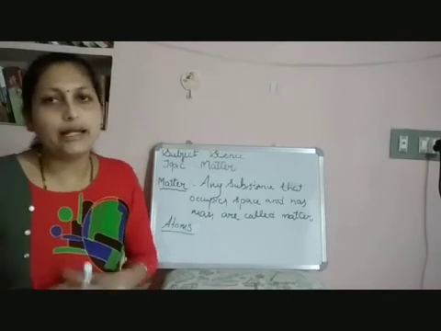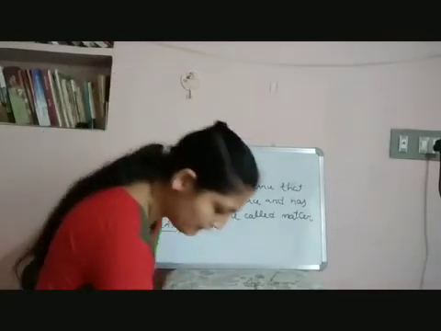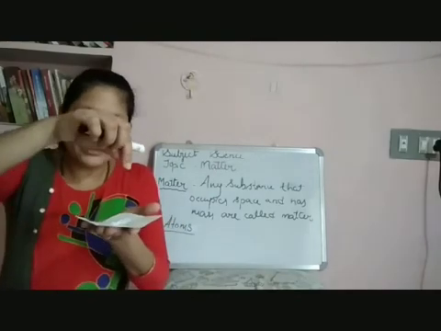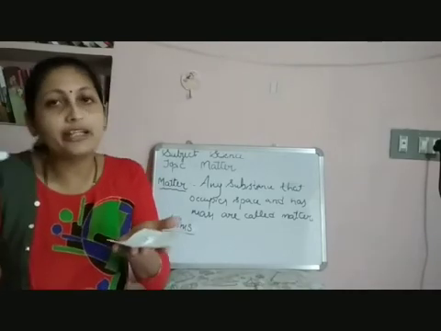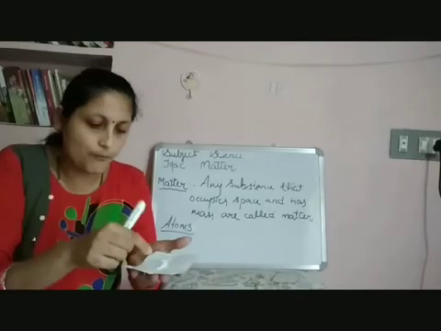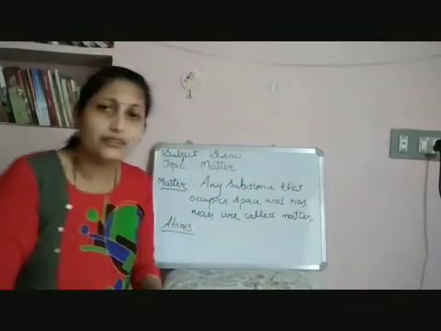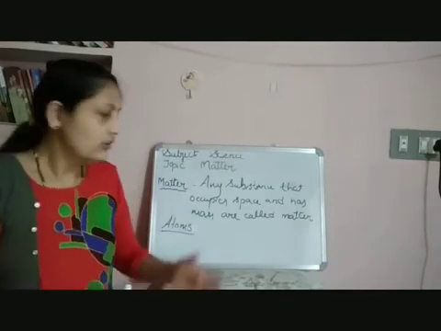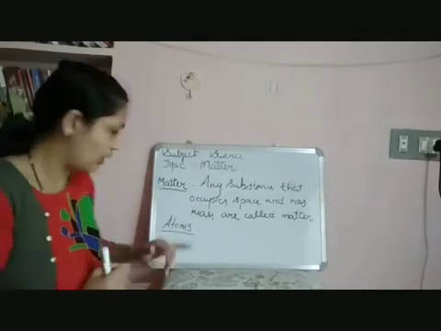So all the matter is made up of very fine particles called atoms. For example, if you take this powder salt, table salt, you can see that it is made up of fine particles. You can see that it is powder, isn't it? Even this powder is made up of very finer particles. If you take a small amount from this fine powder, even that is made up of thousands of atoms. Those atoms are not visible. So all the substances are made up of very fine particles called atoms.